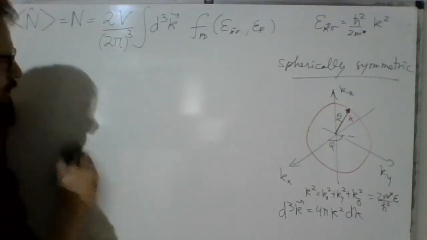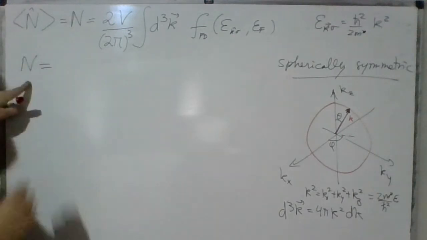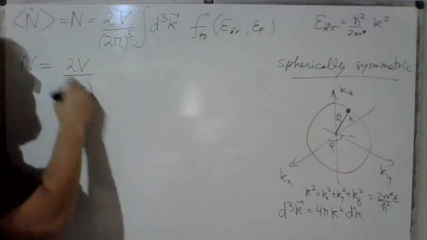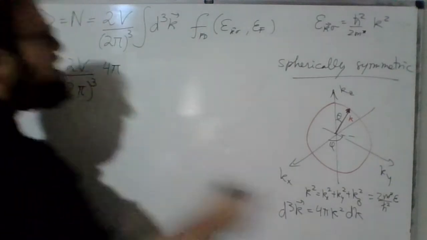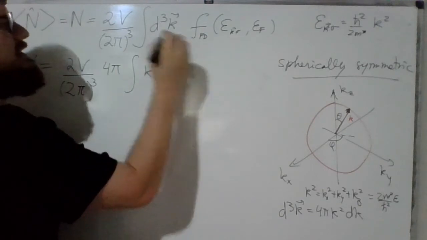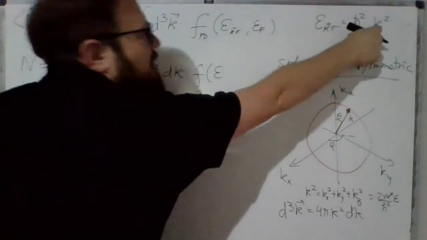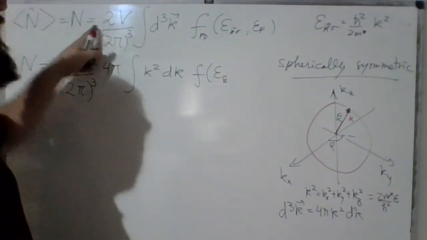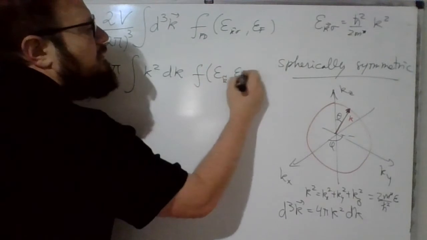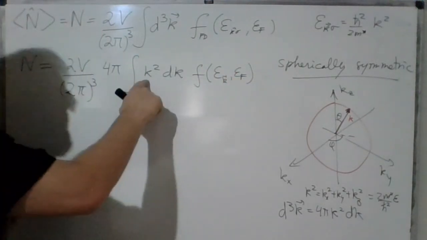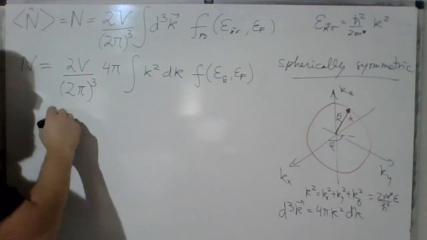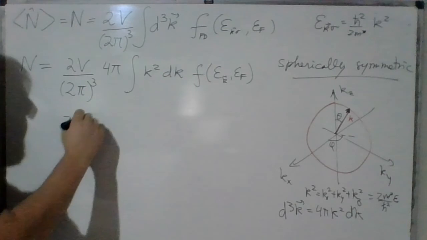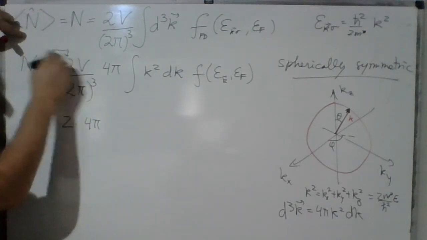And now what we can do, we can just write the capital N, which is the total number of particles in the volume of the system, is twice the volume, 2 pi cubed. 4 pi comes from this, an integral over k squared dk, and the Fermi Dirac function depending on the energy, which depends on k, and the spin, it is independent on spin because we are already taking into account the factor of 2 here, so the spin is now omitted, okay? And this here, the twice times the volume, or the volume I'll let it here, the factor twice times 4 pi, this twice comes from spin, this is spin degeneracy,